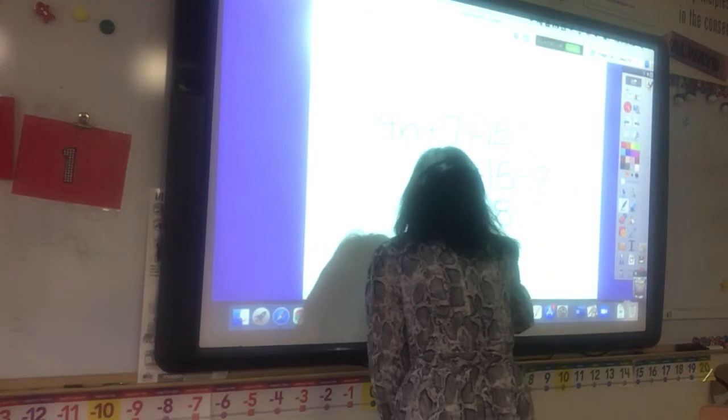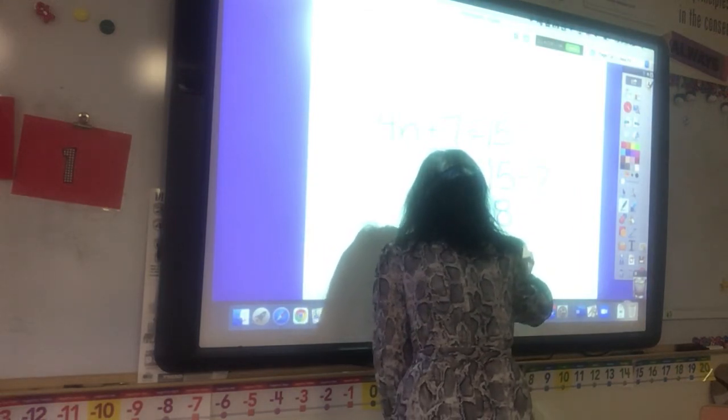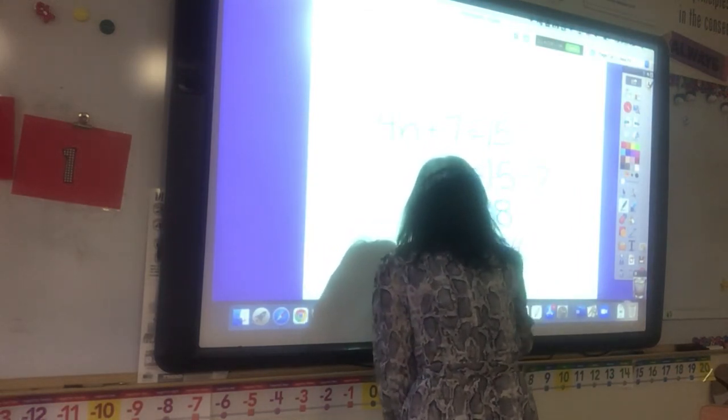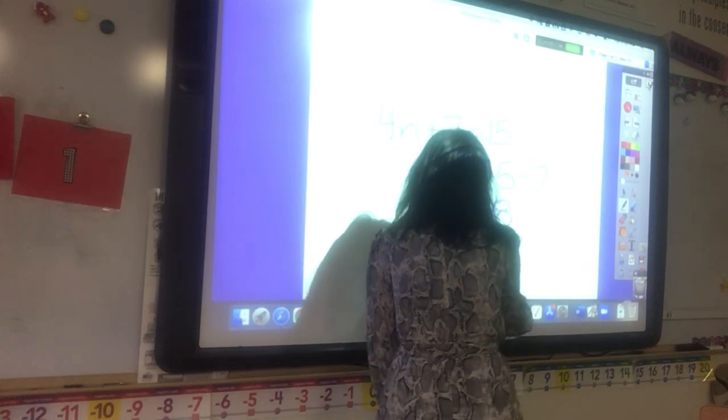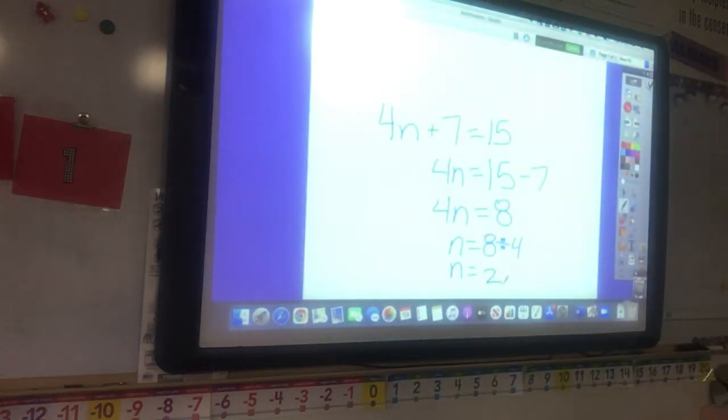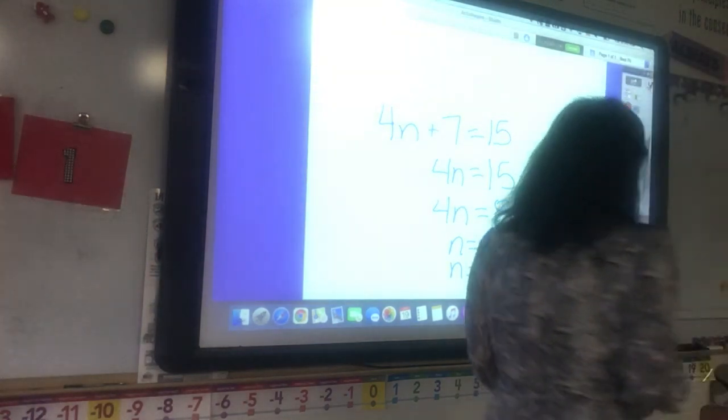We're going to have n equals 8 divided by 4. And what do we get, Annika? You'll get 2. Okay, and again, if we're not sure we got it right, we can go back and put it in. So we say 4 times 2, that's 8. Add 7, that's 15. So we got it right. Okay, keep out your